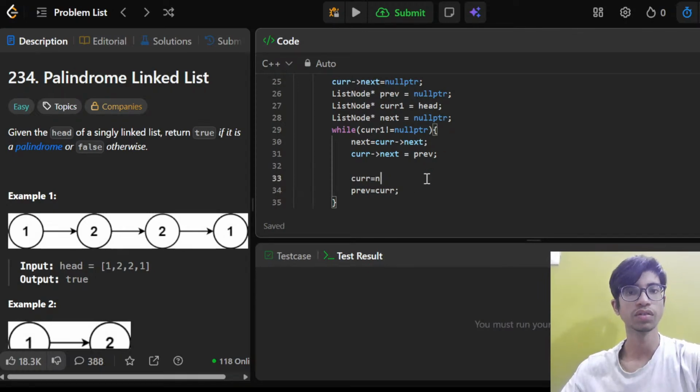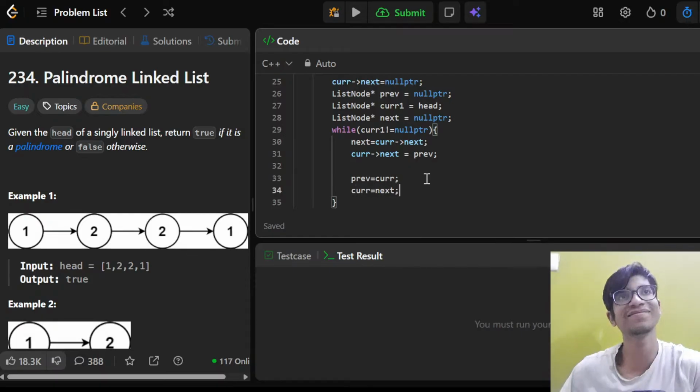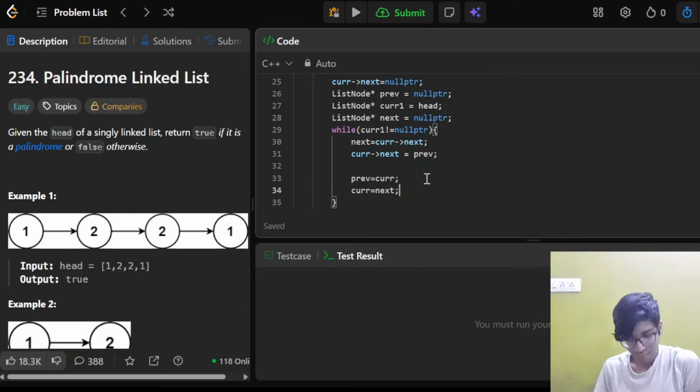Yeah, this is how it goes. So prev is equal to curr, and then curr is equal to next. Just a second.